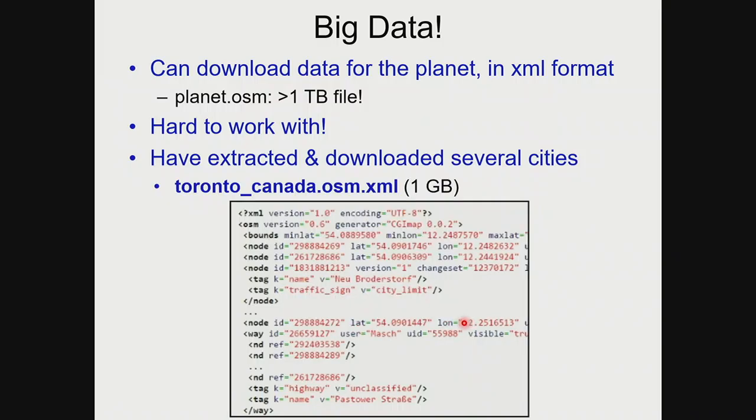Another entity is a way, and it also has an ID. It has a tag telling us that this way is a highway, basically, it's part of a highway. But even for Toronto, Canada, the file size is 1 gigabyte. So we want to make it smaller to make sure that we are able to work with